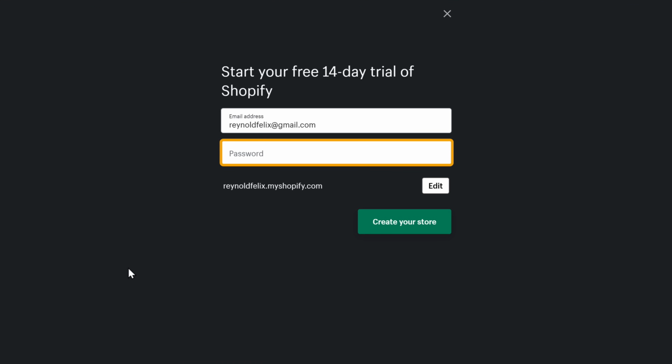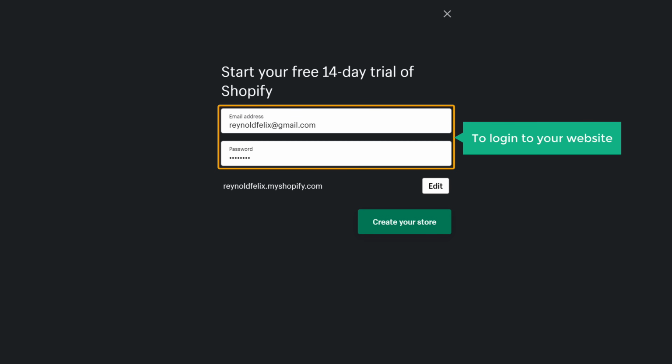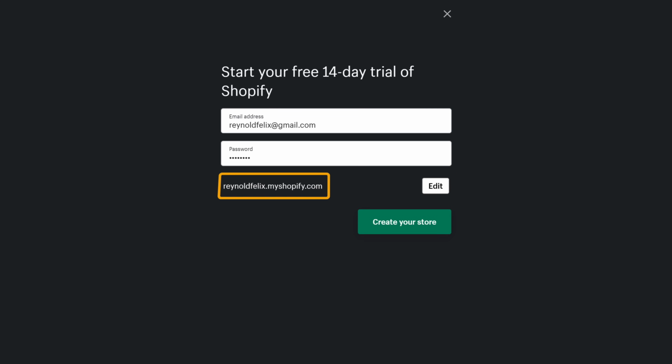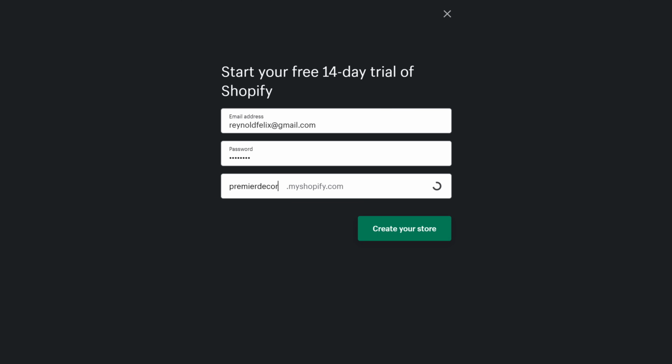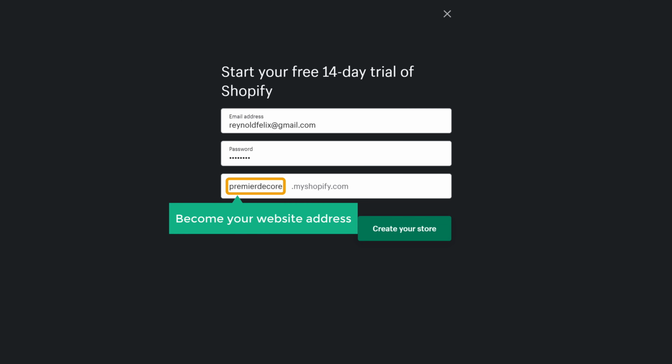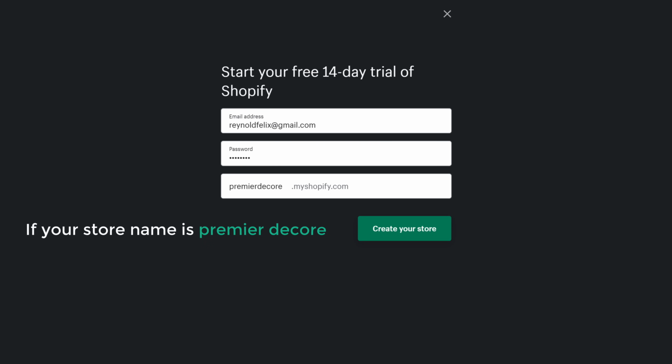Now enter a password for your account. You will need these details to log into your website. Now here, you need to enter the name of your store. So to do that, just click Edit. And here, enter the name of your store. I'm going to call my store Premium Decor. This will also become your website address. So if your store name is Premium Decor, your website address will be